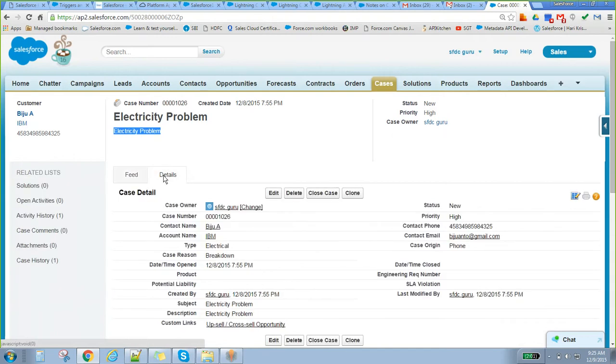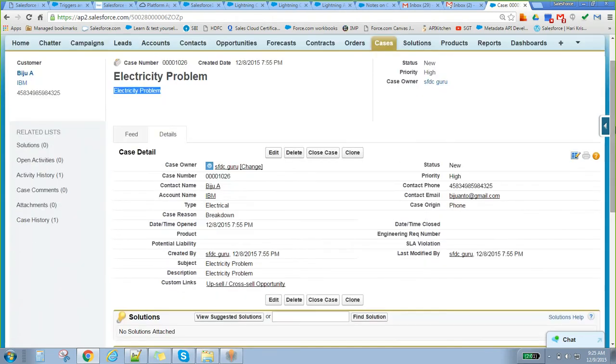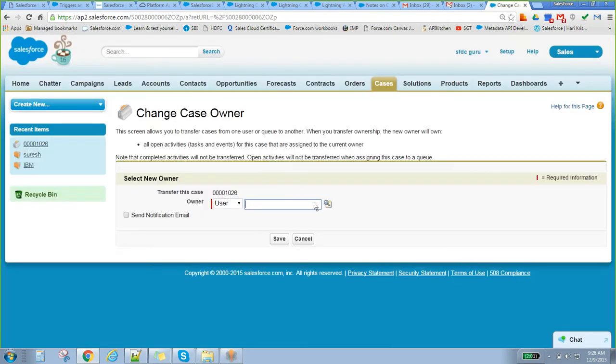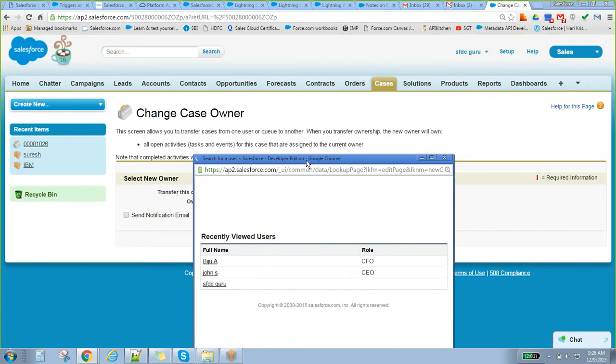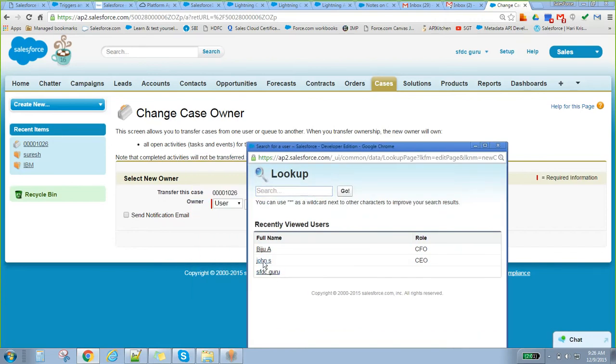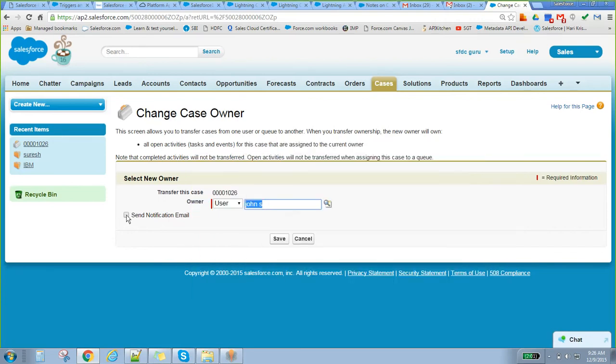Okay. So here you are able to see all the particular things. So what we are doing, basically by using assignment rule, we can assign this particular case to some other people. Okay. Let's say now I am the customer care guy, so I have created this particular case, right? Okay. So now I will change it to some other guy. Let's say I will choose John. Send an email notification. It will send an email to John saying your one case has been assigned to you, something like that.